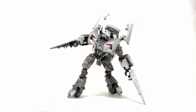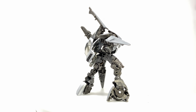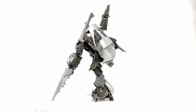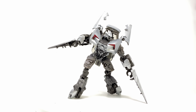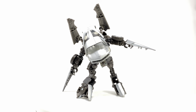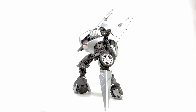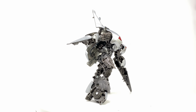And so, some final thoughts here for Transformers Studio Series Revenge of the Fallen Deluxe Class Sideswipe. If you haven't guessed so already from this review, I think once again this is another great entry into the line, and was really one of those variants that we needed, as of course his ROTF look, especially in vehicle mode, was a major departure from what we got with the Dark of the Moon release. And as mentioned before, the DOTM Studio Series figure was actually quite difficult to obtain, I know, in many parts of the world. So to actually get this guy re-released, here's hoping that the collectors who missed out on that Dark of the Moon version are able to get some form of this mold into their collection,